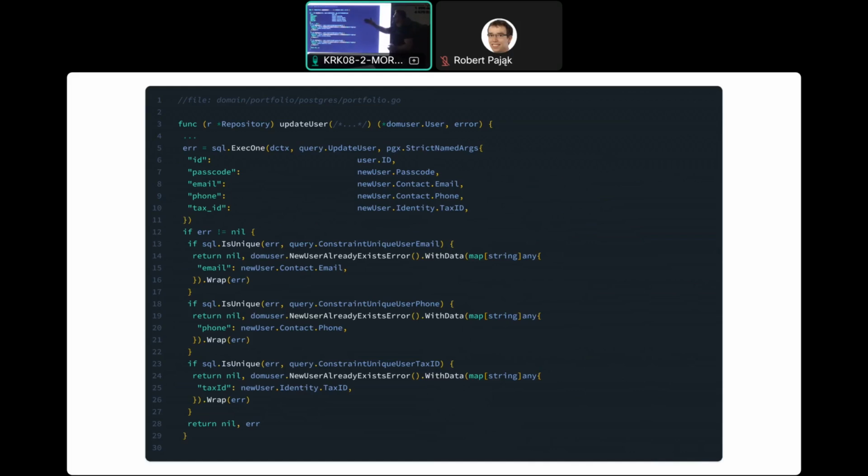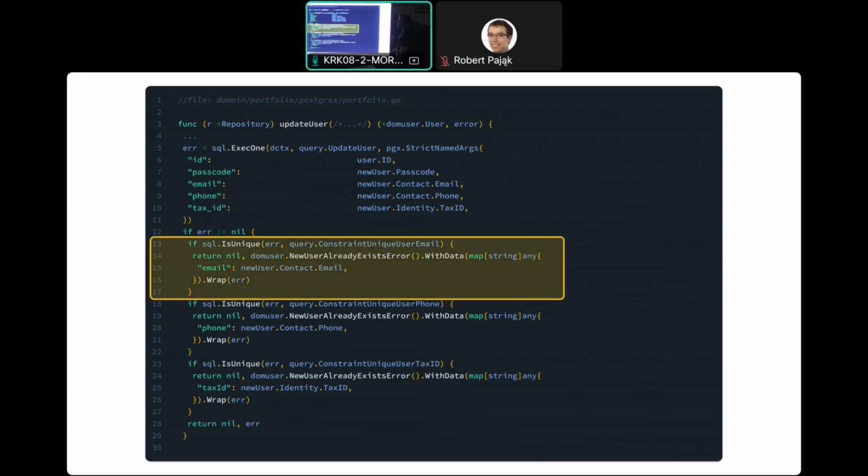So, for example, if the front end attempts to update a user, and they provide this, which is a payload for that user, and these are all, except for the passcode, some updatable attributes, right? So in one call, for example, they can send either email, phone, tax ID, or all of them. And you want to return to the front end what actually went wrong, right?